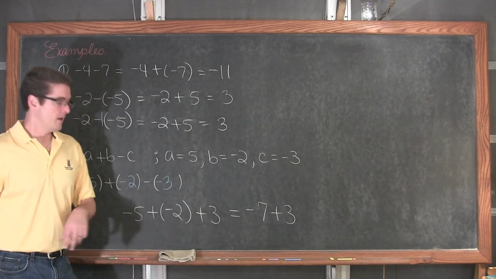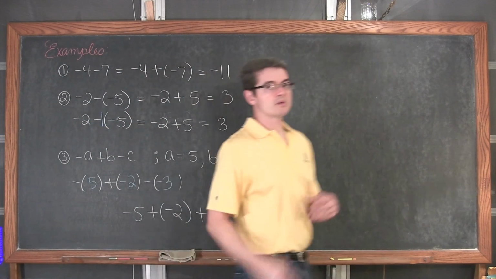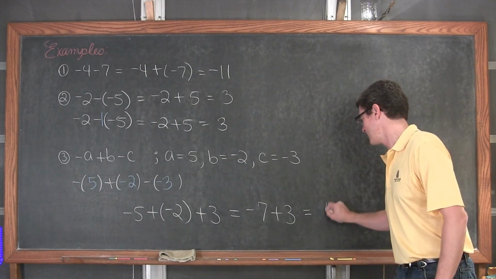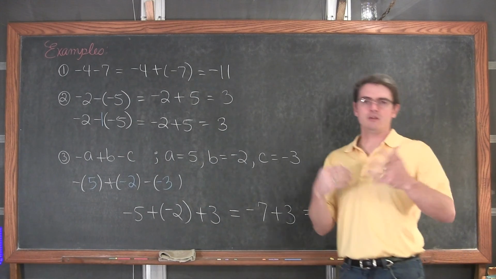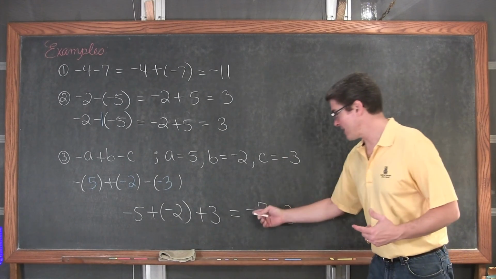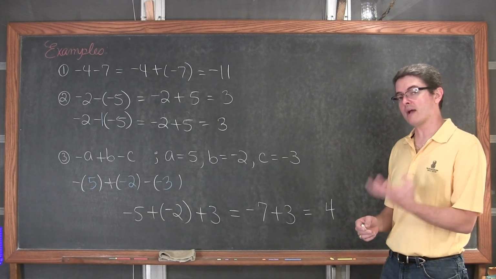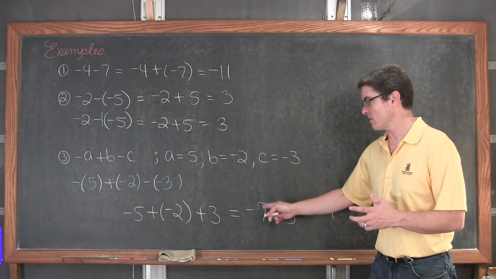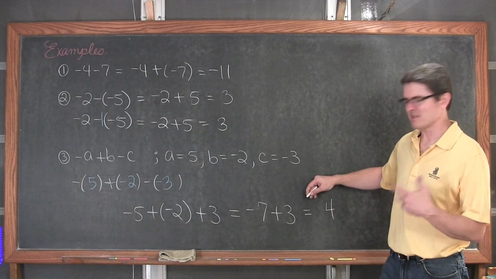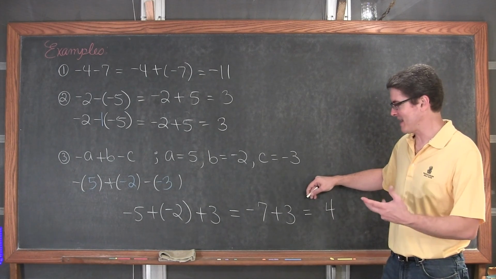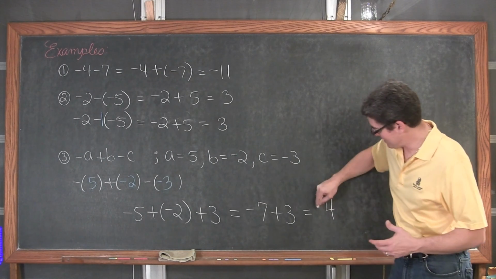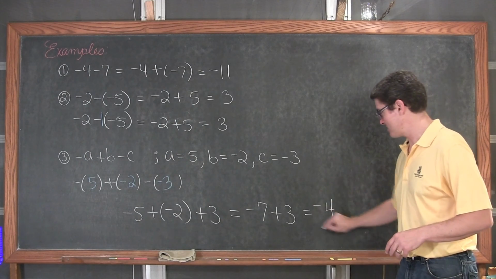plus 3. And now I'm combining numbers with different signs, so I want to subtract them. 7 minus 3 is equal to 4. Really, I should be saying, thinking about the absolute values: the absolute value of 3 is 3, the absolute value of negative 7 is 7, the bigger absolute value is the 7, so our larger value, if you will, is negative. So, well, see, that's not really right, even though that's what I always say in class. The largest absolute value is 7. And that came from a negative 7, so our final answer is negative 4.